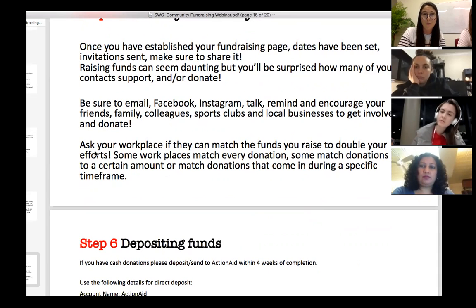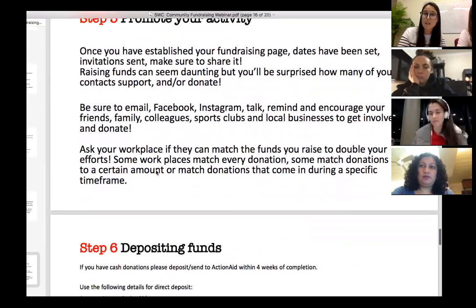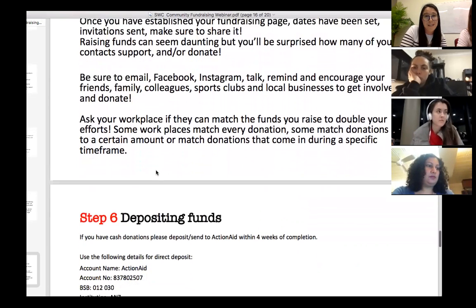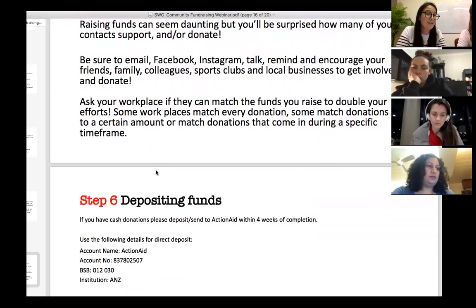I've only worked in not-for-profits and our organisations can't do that, but other workplaces do. Sometimes they'll double your efforts, sometimes they'll match every donation. It's different, but it's worth asking if you have a great organisation that gets behind a good cause.